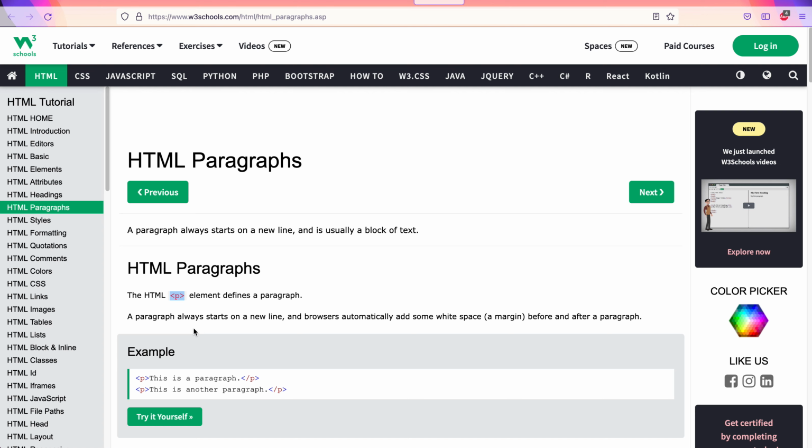What is the difference? A P tag will allow you to add a lot of style to all the content inside that paragraph, which is typically not possible if we just put it somewhere in the HTML without any paragraph tag. So it is one of the most recommended practices to put your paragraphs inside a P tag.